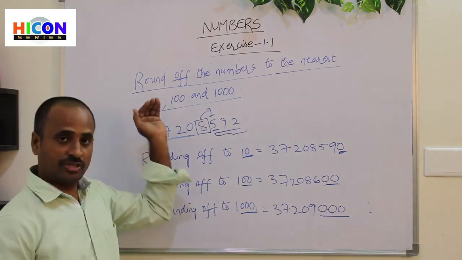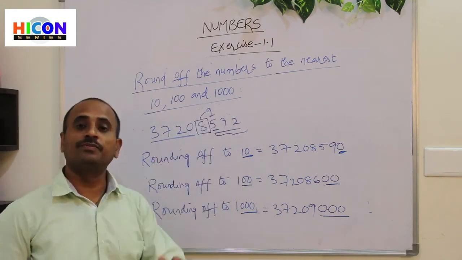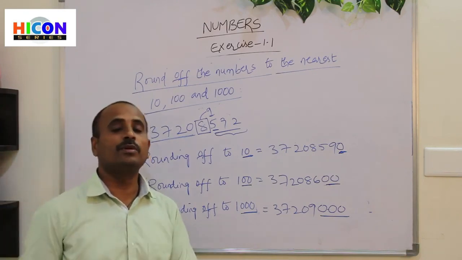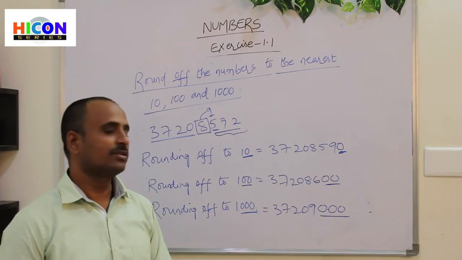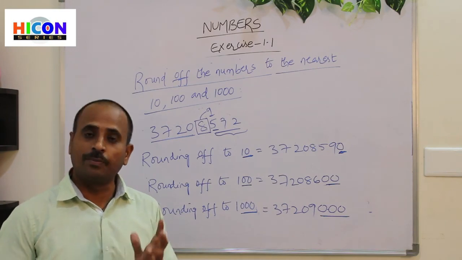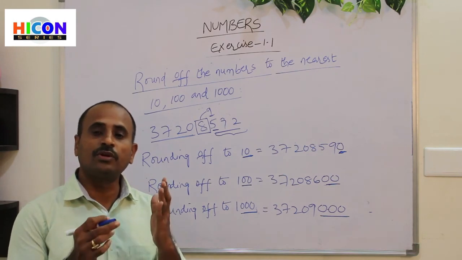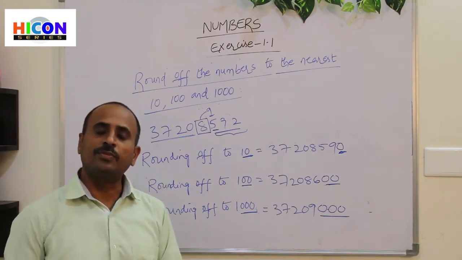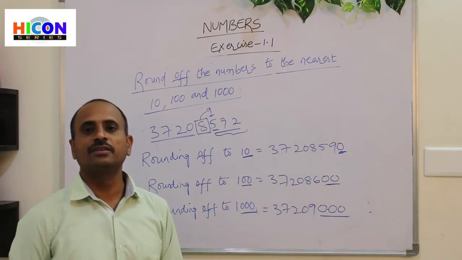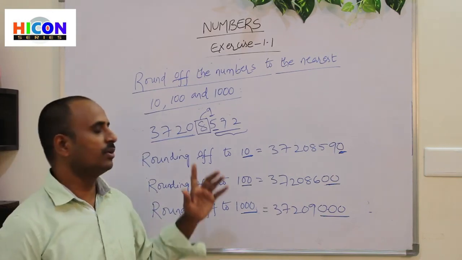So children, there are some more problems in this section, and practice those problems at your home, and the PDF will be given by your teachers. So practice the remaining problems in the PDF at your home as your homework. So children, there is also a worksheet in the PDF and some model problems. Different problems will be given in the worksheet on the concepts we have discussed up to now. So practice the problems in the worksheet also in the PDF which will be given by your teachers. So practice the remaining problems in the PDF at your home as homework. So children, up to now this chapter is complete.